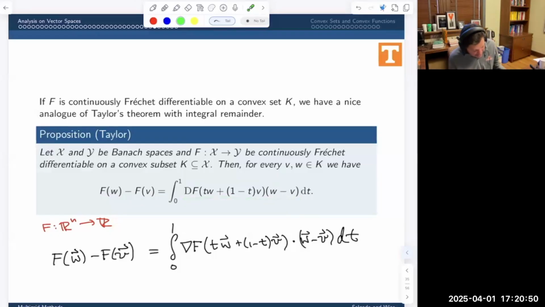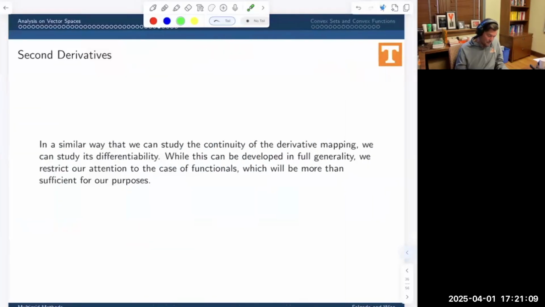And I haven't explained what we mean when we integrate a Banach space valued function before, but this does have a meaning. And maybe at the very beginning of class next time, we'll talk a couple of minutes about that. So I'm going to end there. The next time we're going to pick up with talking about what it means to be twice Fréchet differentiable,